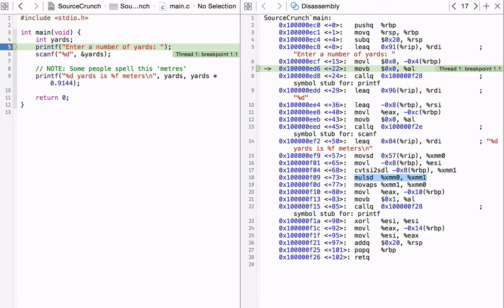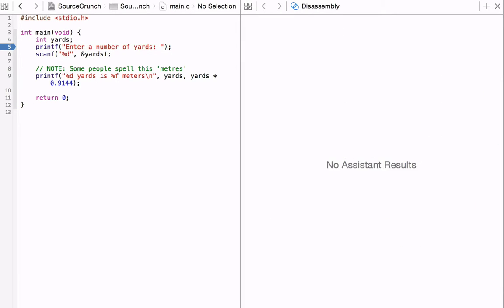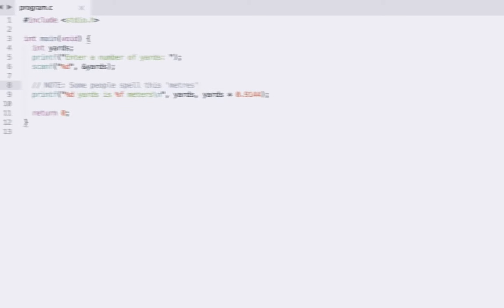But actually also I can observe from this that some operations aren't taking place in registers. So our scanf, for example, because we passed the address of our yards variable to scanf, that requires us to do some things with memory. So that's had to happen in memory and not within the registers. And again, if you're familiar with this particular assembly language, then you could observe that as I am from this disassembly here. But anyway, let's get back on track. So if we stop this and we go back to where we were, okay.